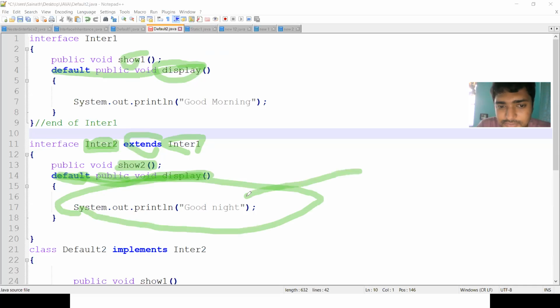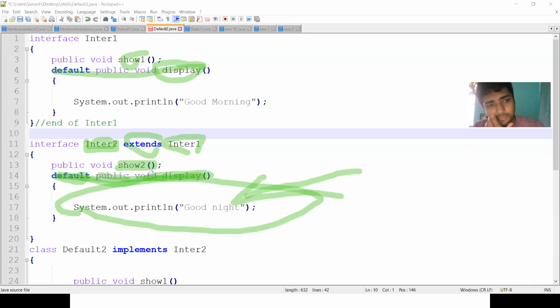So what is this concept? I am reusing the same method. Inheritance means reusability. This is method overriding. We can call it polymorphism also.